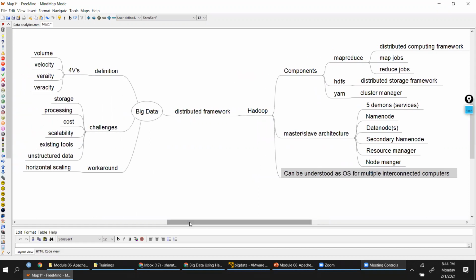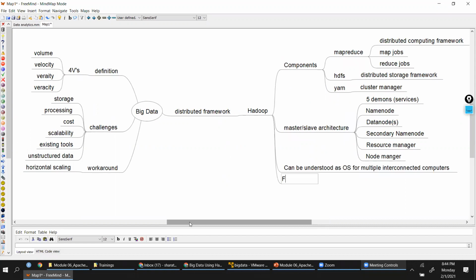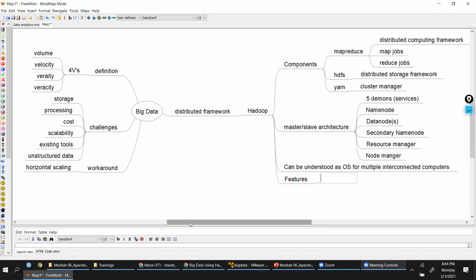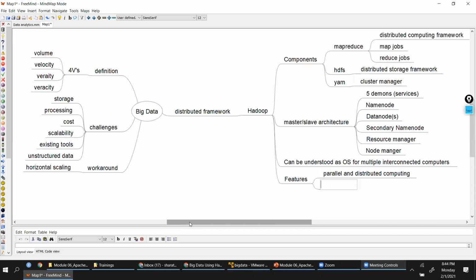Now we have talked about Hadoop's capability with respect to dealing with big data, right? It supports parallel and distributed computing. It allows the software to be installed on commodity hardware. Right? We don't need very high configured servers.